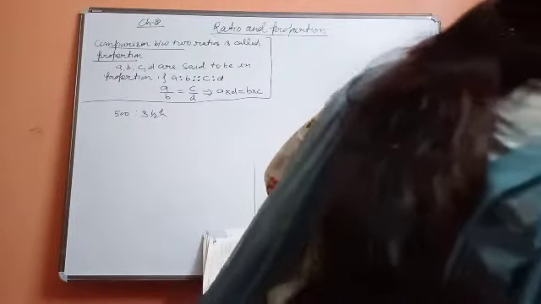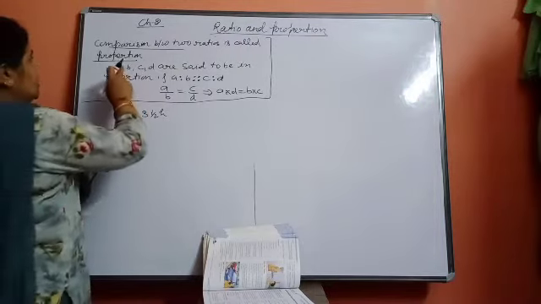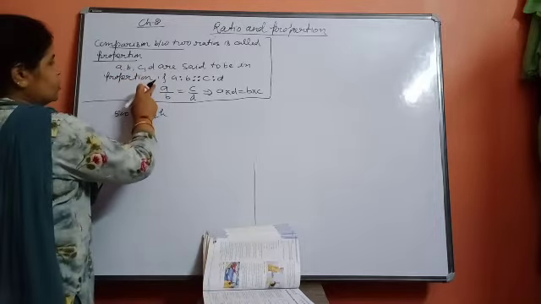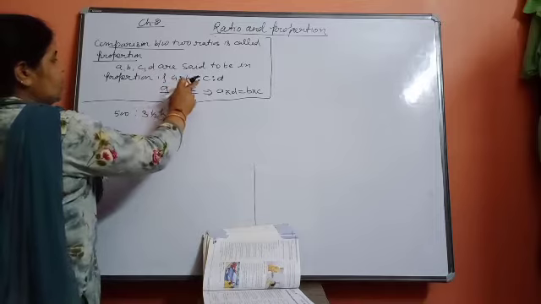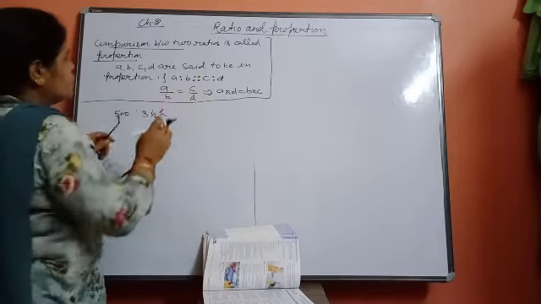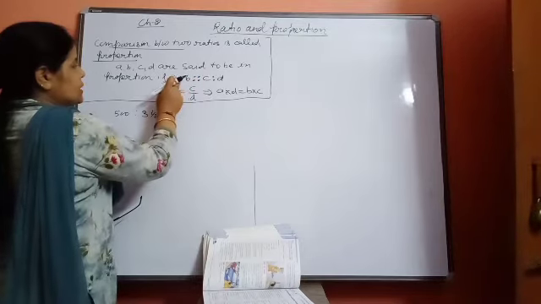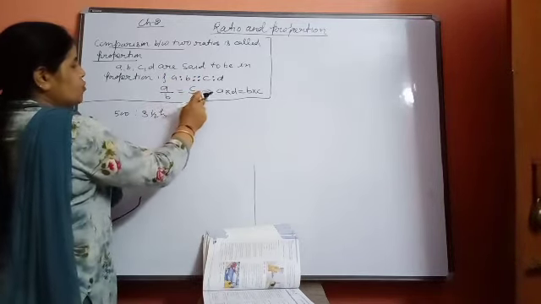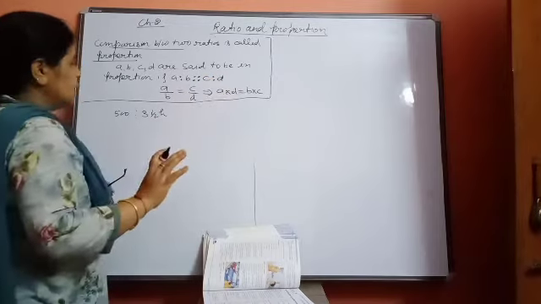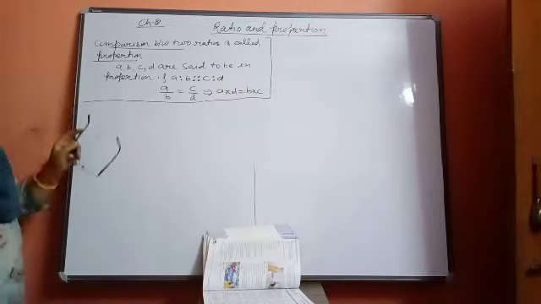Some of the questions you can do by the direct method, and if you are not able to do by the direct method, then in this way you can do the question. So comparison: suppose A, B, C, D are said to be in proportion. It means A ratio B is in proportion with C ratio D. The meaning of the four dots is equal to, and this can be read as A upon B equals C upon D. Finally it comes directly, also written in some books, A into D is equal to B into C.